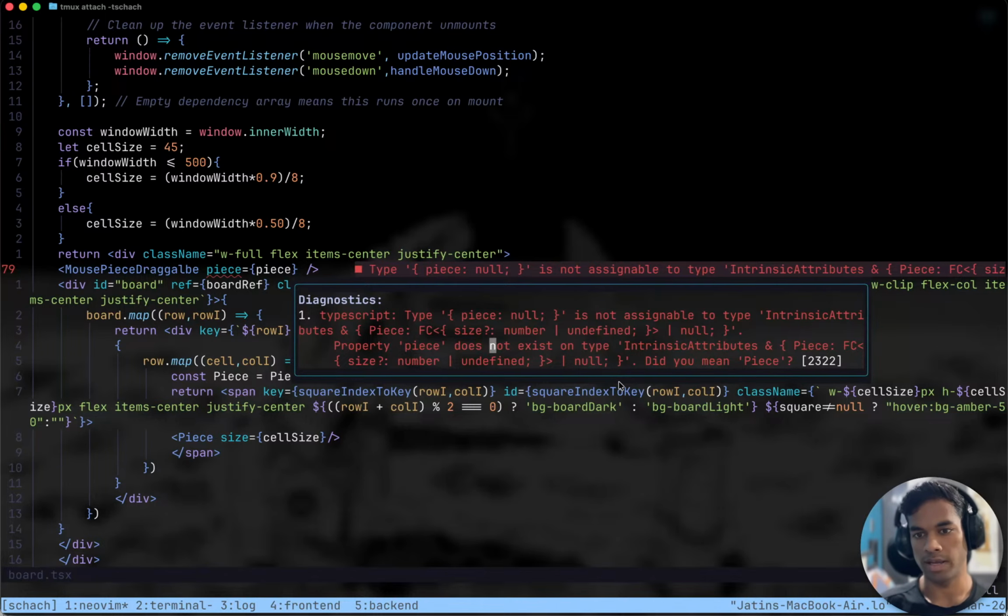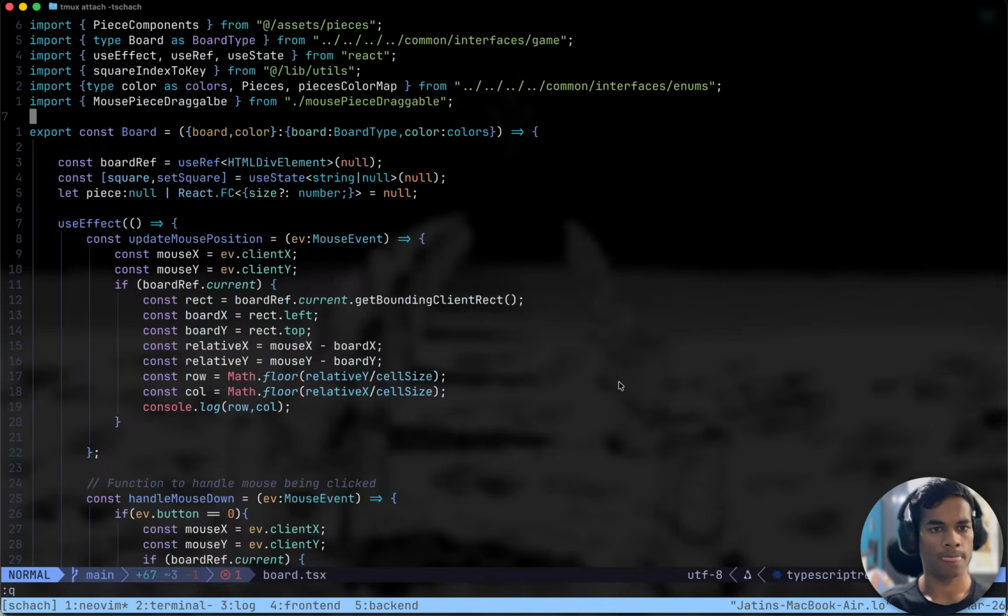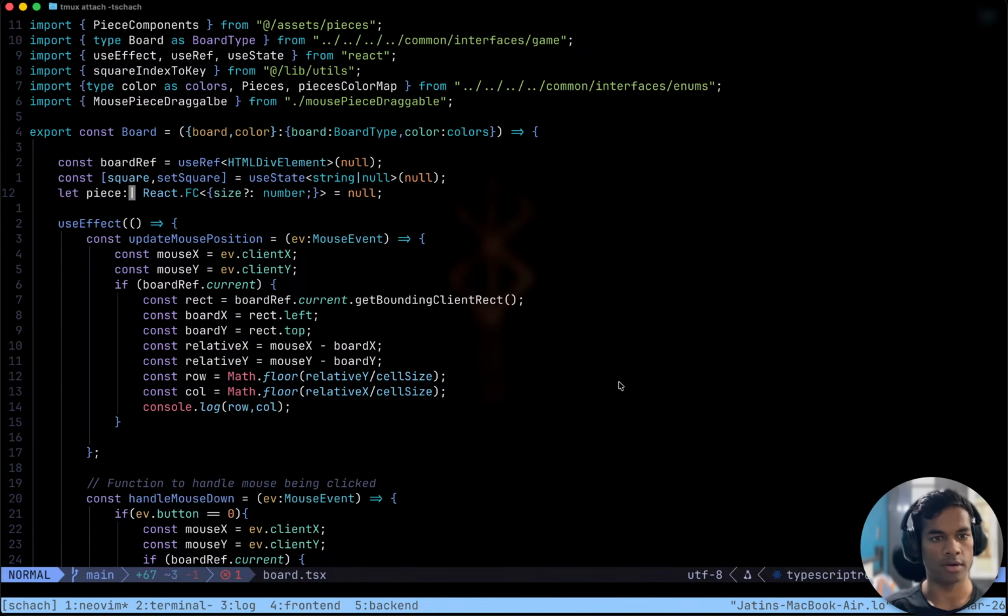Property piece does not exist on intrinsic attribute. The type of this thing piece is null or this, which is a React component.